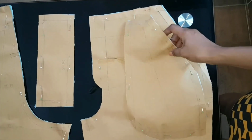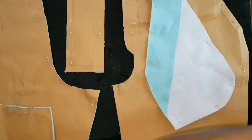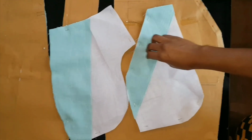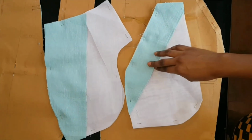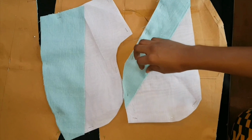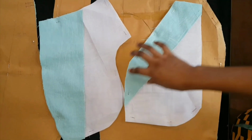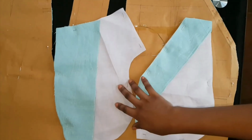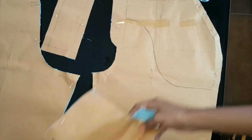So these are my pattern pieces all cut out. So I have my pocket facing, and this is the facing piece I said I cut out. So I just cut the facing piece in such a way that when I sew the pants together, the white lining is not going to show when the pants is worn. So I cut 2 of the pocket bag facing and 2 of the pocket facing, if you understand what I mean. So I'm going to interface the facing piece